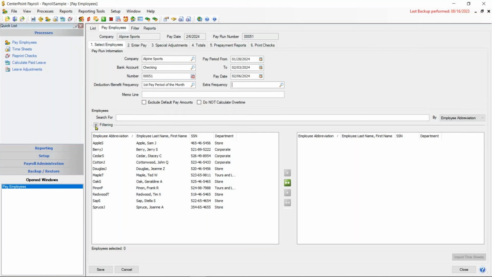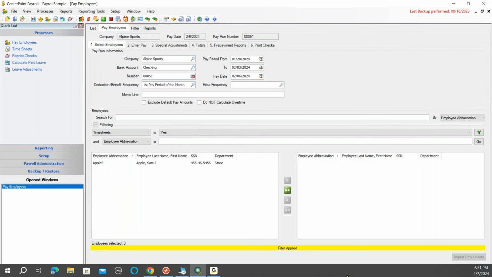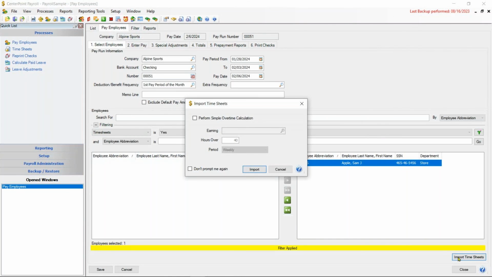Now, if you're just doing a pay run for those employees that have timesheets entered in, one of the things you could do is click on the filter here and say that you want just those employees that have timesheets, and it should filter this list over on the left to those that have timesheets. I can move them over to the right. And then when you click import timesheets,